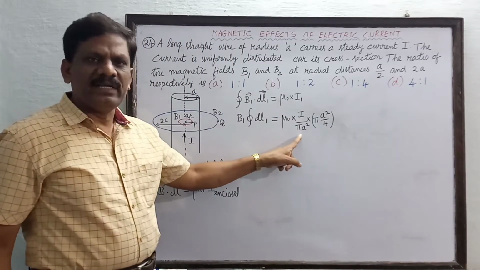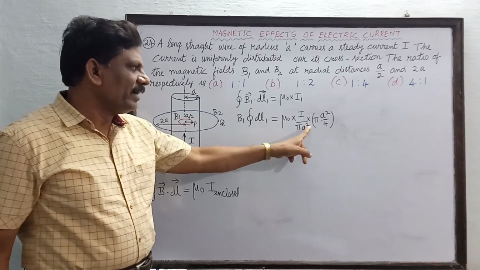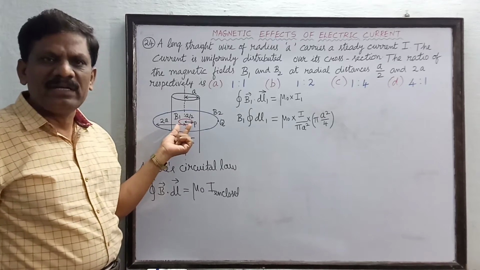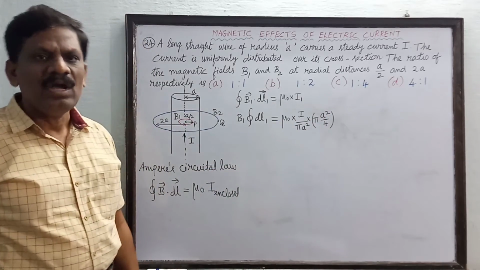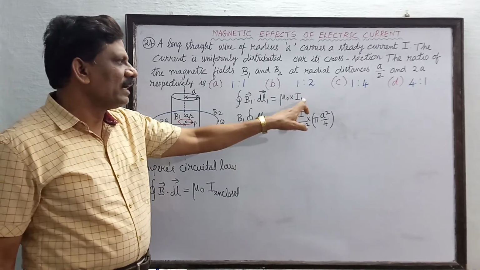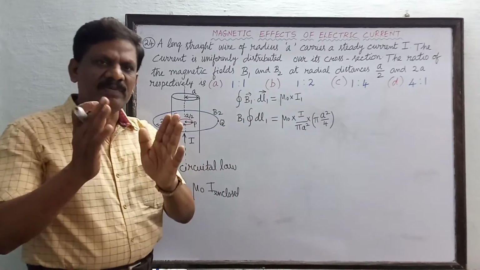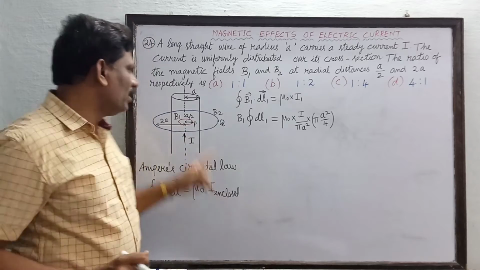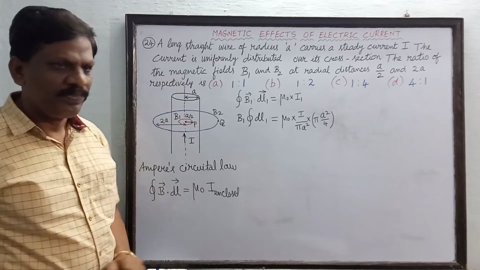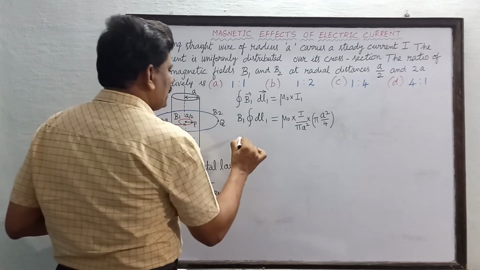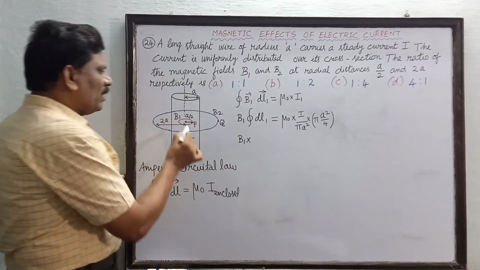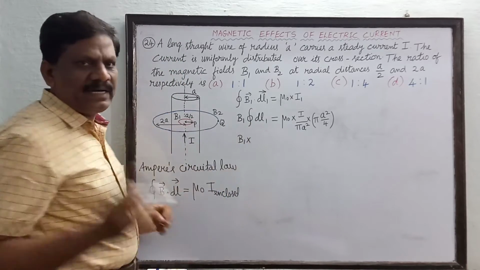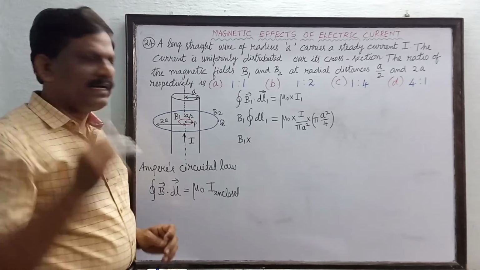Current per unit area, multiplied by the area of the smaller Amperian loop, that is pi into (a/2) whole squared, which is pi a squared by 4. So this will be equal to the current I1, which is enclosed by the smaller Amperian loop of radius a by 2. Now this B1 into the closed integral of dl1 over the smaller loop,